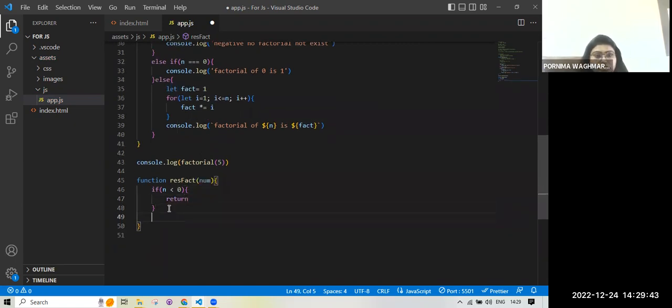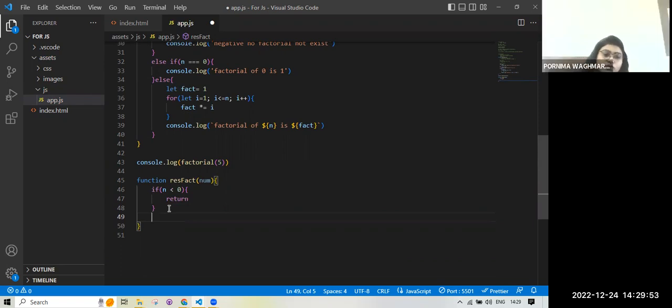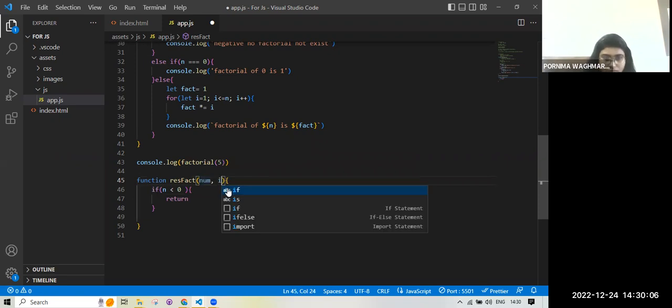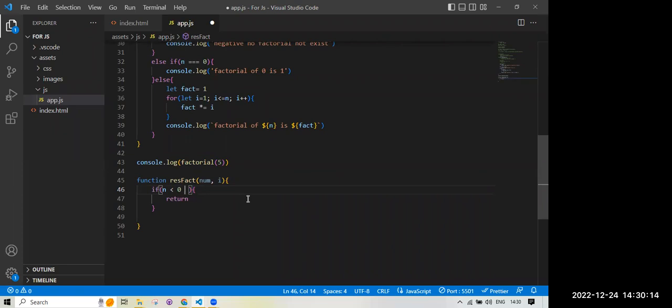Here I write the base condition: if the value is less than 0, or the... You use number as a parameter, but instead of this, use n only in line number 46.